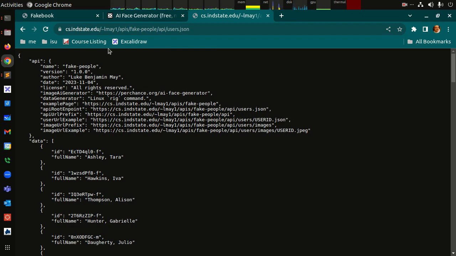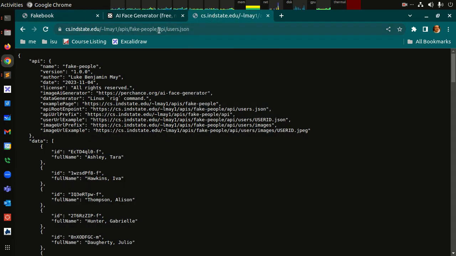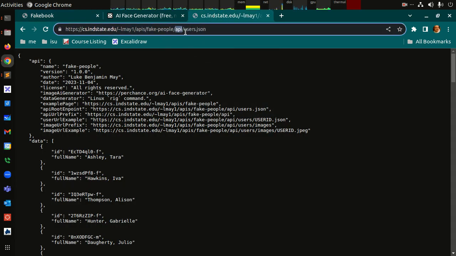All right, so our URL is cs.idstate/tilde-lma1/apis/fake people, and so that's the route. There's an index.html file here that is showcasing the API. All right, so if we want to use the API, we go into a folder called API, and then we have users.json. So this is initially the thing that is fetched, and we use that to render the list of